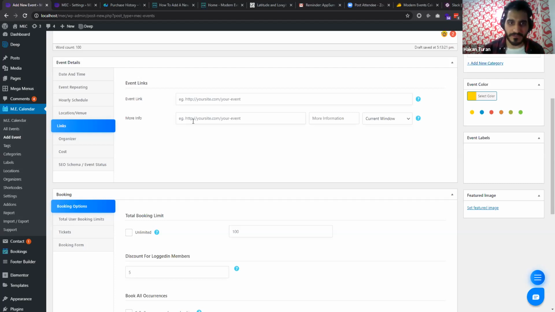The next link is more info. So you can have some creativity here. You can add any kind of links here, extra links that you want your users to have a look at. For example, let's say you can add a Zoom link for a webinar or something here, .com, something like that, just to give an example. And I will write webinar